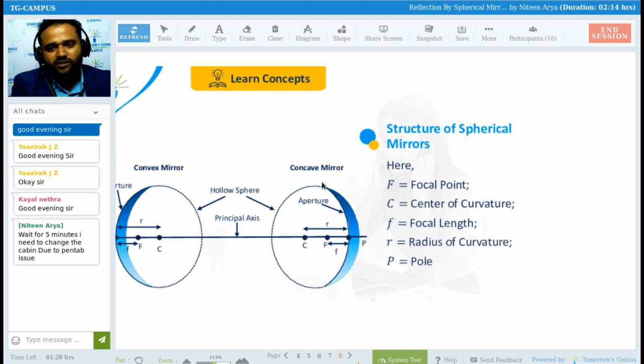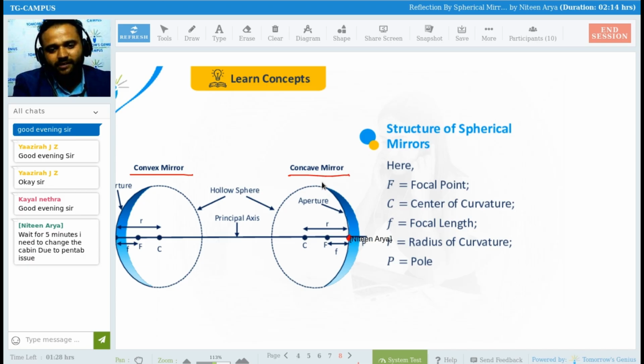Okay, this is structure of spherical mirror. Here F is focal point. This is the same thing, R, radius of curvature. So from this particular slide, you can see that this is convex one, this is concave one, this is aperture. Aperture means the part which is going to give us the reflection. This is pole,